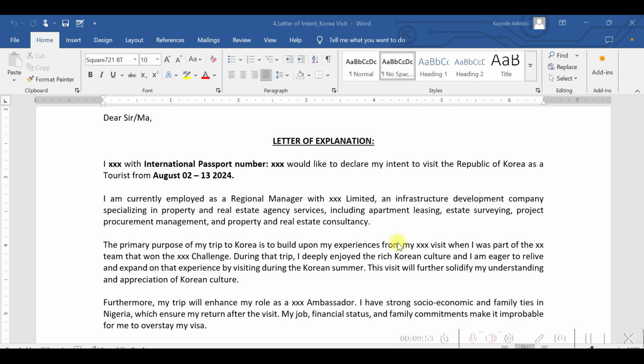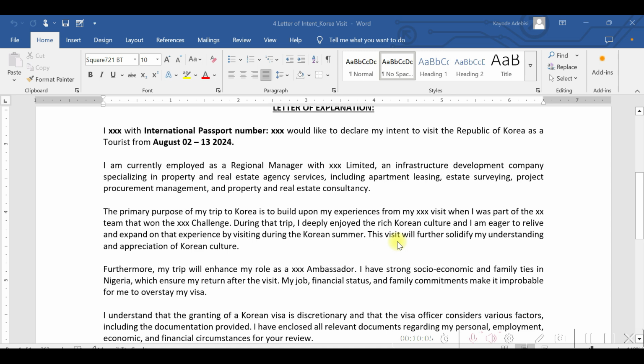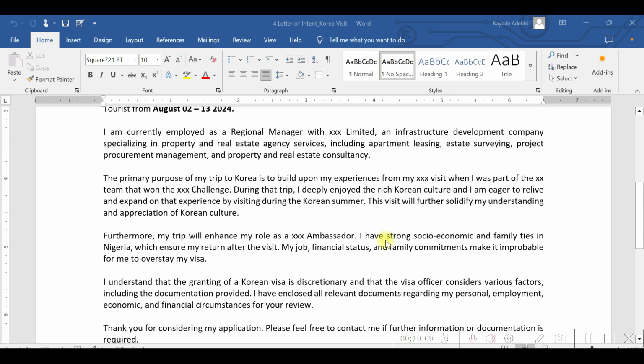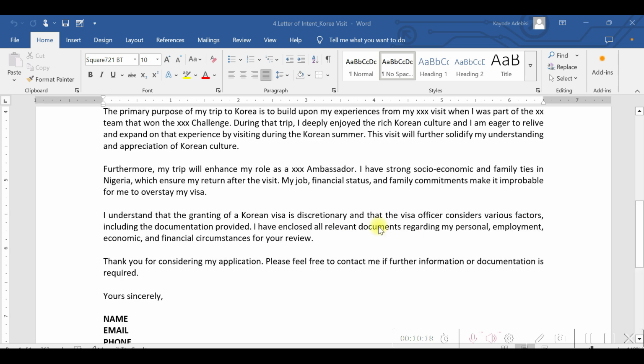I've seen people refused a second time and all that too. But then she's visited before, she wants to visit again. She visited for a different purpose, right? But now she wants to visit as a tourist, and we were able to coin out a one pager for her, and of course she got the visa. So the structure follows the same: introduction, background, justification for visit, intention for visit, and of course the conclusion. So this is how this was done.